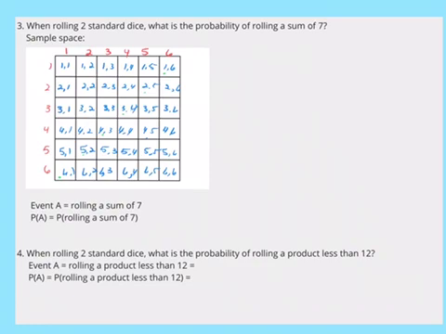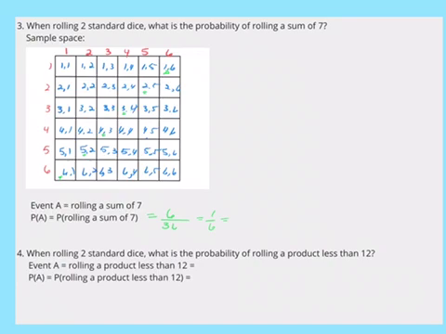It's actually a diagonal here of possibilities. So I have 1, 2, 3, 4, 5, 6. I have 6 ways to make 7. So the probability of rolling a 7 would be the number of outcomes in event A, which we said were 6, over the total number of outcomes. We said there were 36 possible ways that we could roll 2 dice, which would give us an answer of 1/6. And then we would go ahead and calculate what that percentage is. I don't know what that is off the top of my head, but you guys have a calculator that you can go ahead and look at.